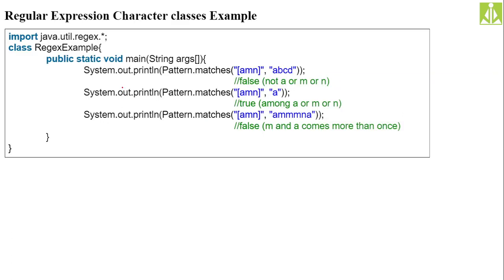Over here what I am saying is A, M, N. Only one character is allowed because we have not taken anything else. This square bracket constitutes only one character. So only one character is allowed, and that character needs to be either A or M or N, nothing apart from that. The string length can't go more than one character. So here we have taken A, B, C, D. This is not allowed. Here A, it is true.